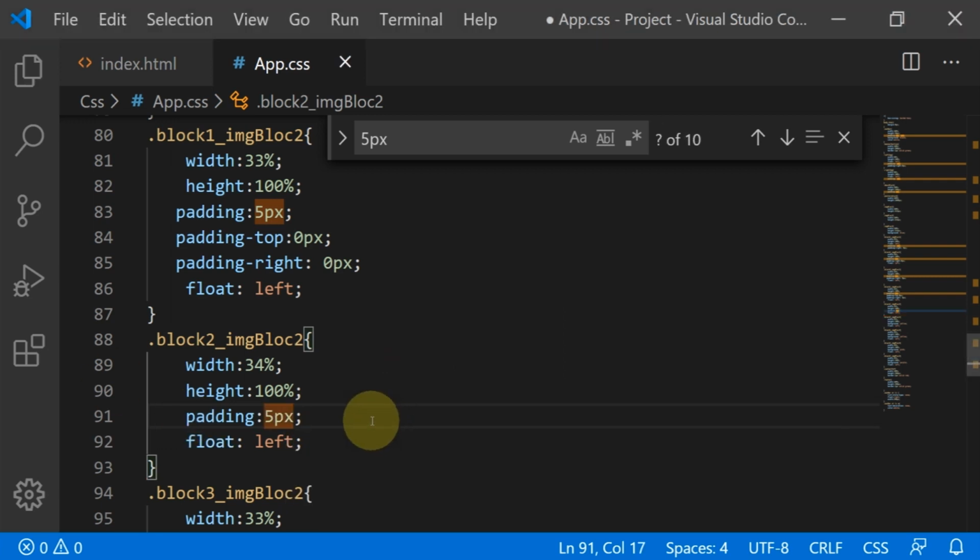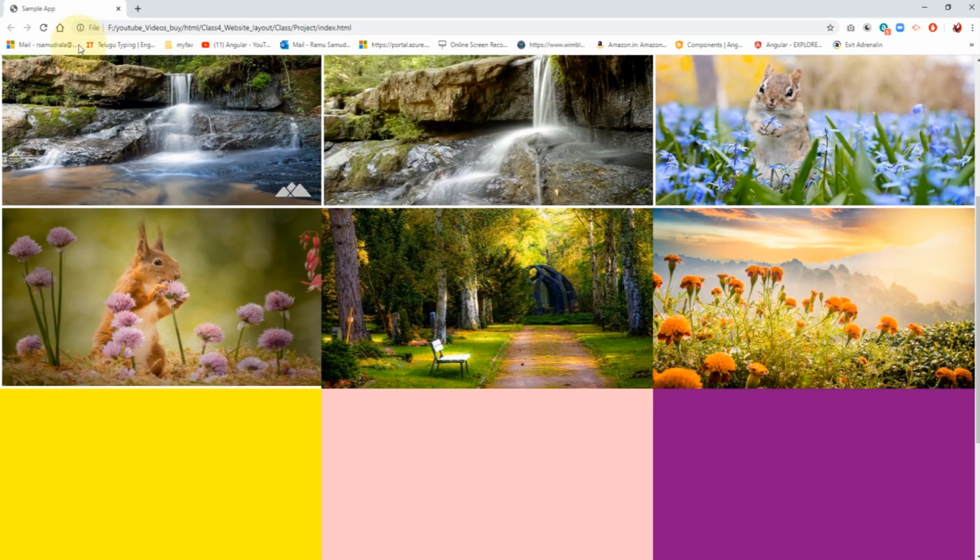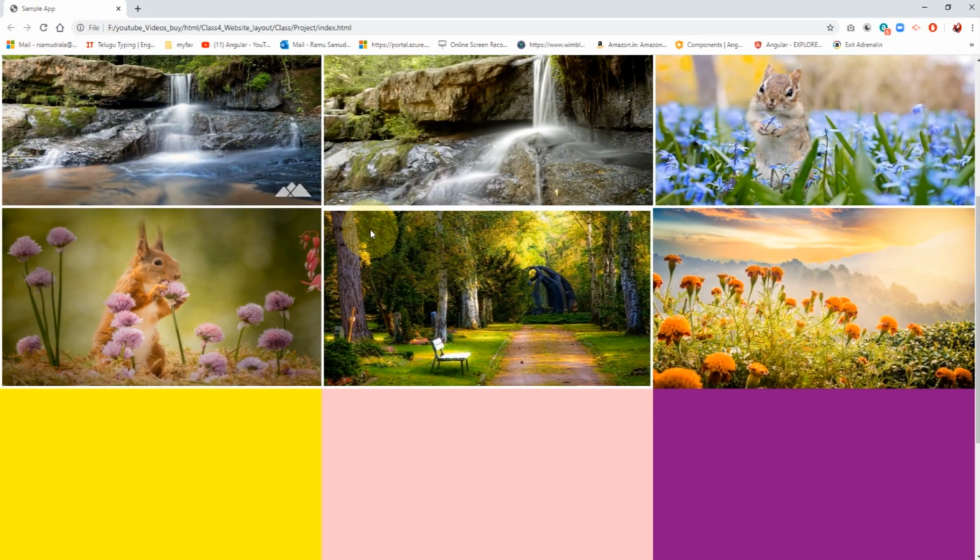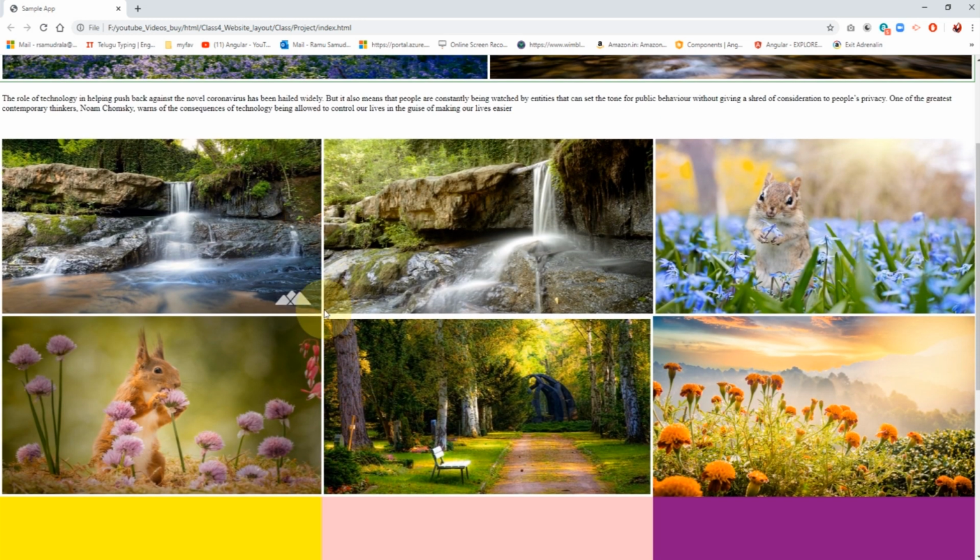So then, yes, it is aligned with the right image. So the top image and bottom image both are aligned and it's maintaining equal space. Here you just observe some extra spaces came, right?